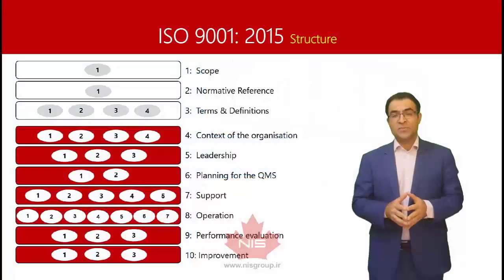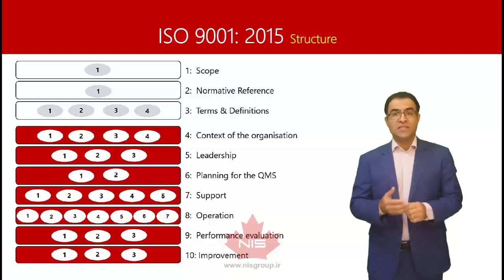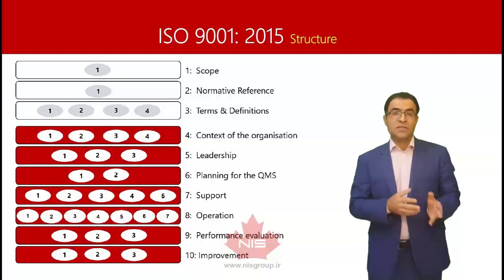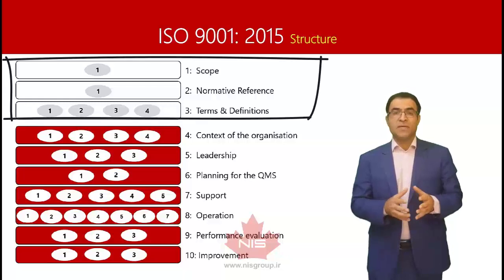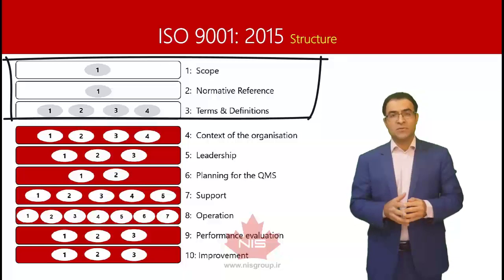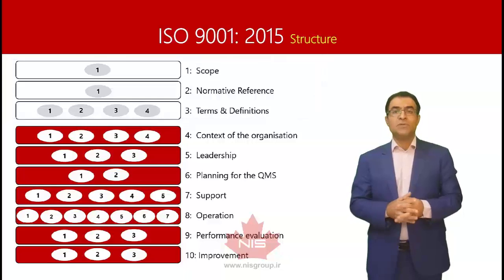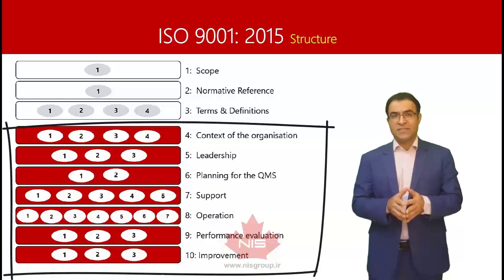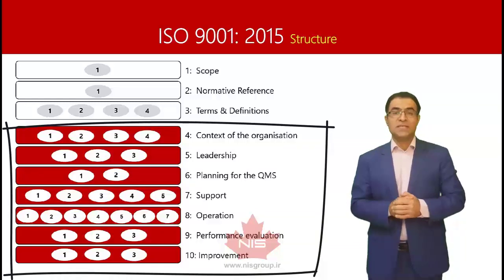After we ensure that the participants have a good understanding of these basic concepts, we will get into the standard. We start with clauses 0 to 3, which we can call a kind of introduction to the main part, or general issues and topics that the participants and also the implementers should know. And then the next step would be the requirements. The requirements of the standard are in clauses 4 to 10. In this training course, which is of course a virtual course, we will be covering all clauses one by one. We start from 4.1, context of the organization, and we continue to clause 10, which is called improvement.